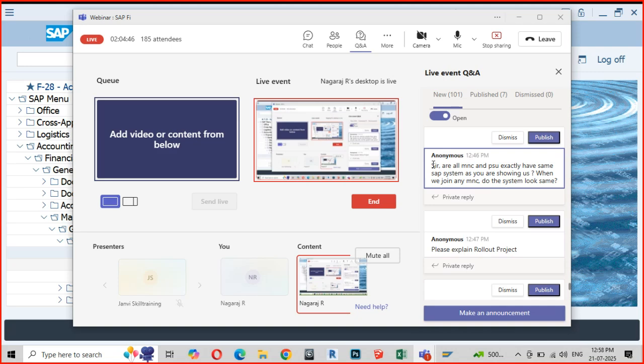Now coming back to this question, do all MNCs and PSUs have the same SAP system? The answer is yes, if the standard SAP system is concerned, you will have the same look. Standard field, standard thing.